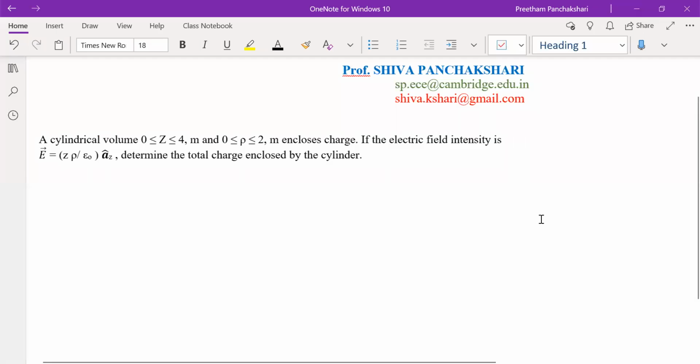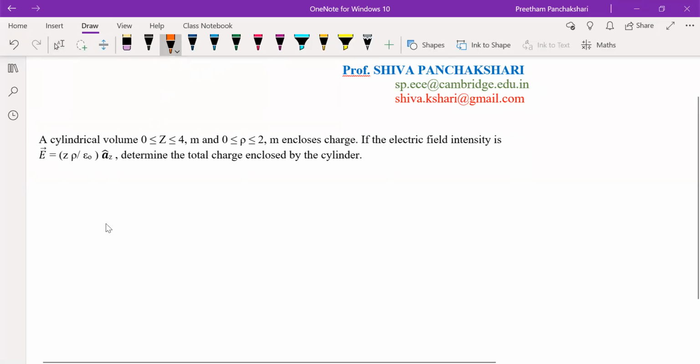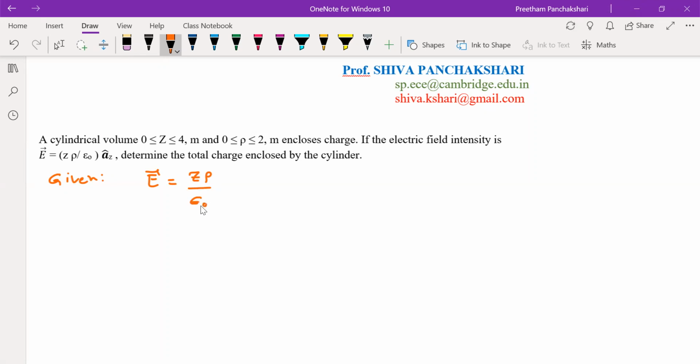In this problem, a cylindrical volume is given. Electric field intensity is also given. We have to find the total charge enclosed by the cylinder. So let us copy the quantities given. Electric field intensity is given as z into rho divided by epsilon naught,